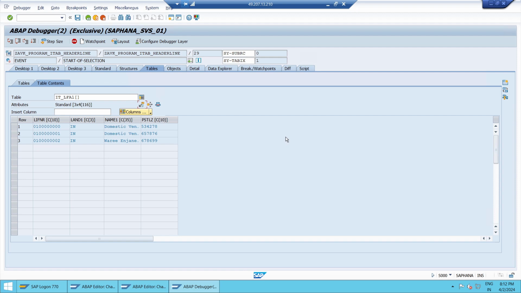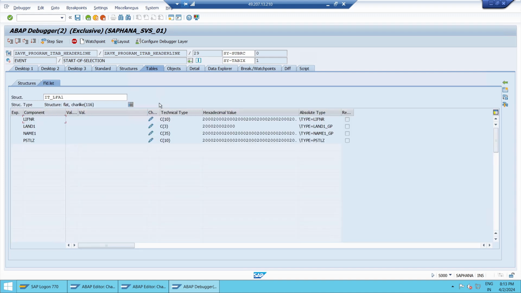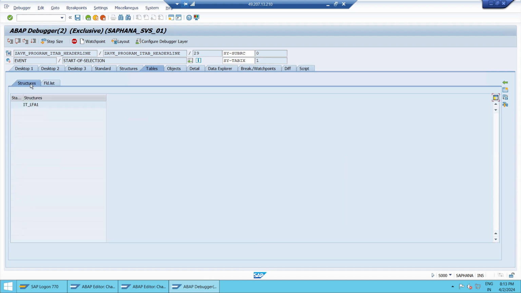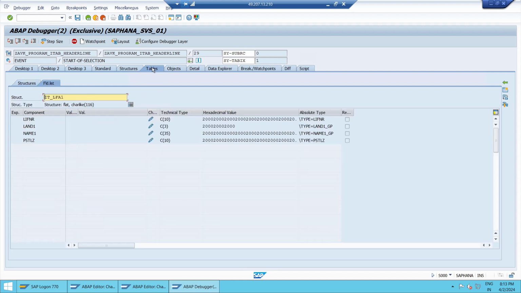That's why it is implicit. All character types are considered as this one. But there is one small icon enabled here. That is important. You can see this icon is called header. This was not there earlier. You can click on header. We can see the header content. We reach the header content, that is, indirectly we are in the structures tab, but the structure tab is opened in the tables tab only. Once you go back to here, loop